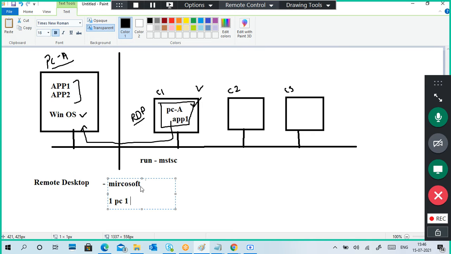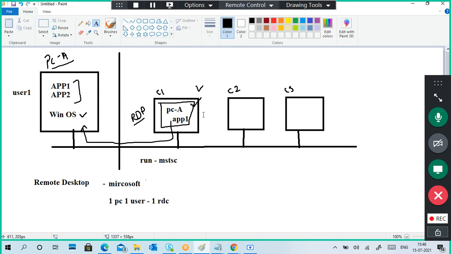So that is Microsoft: one PC, one user, one RDP connection, one remote desktop connection. For example, here the username is user1a, and in the PCA the user is user1a.